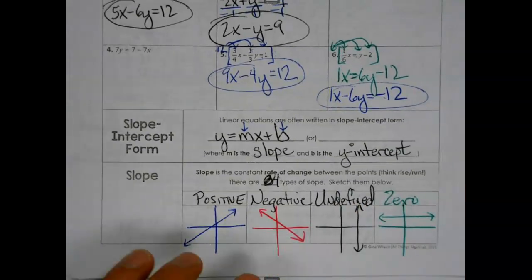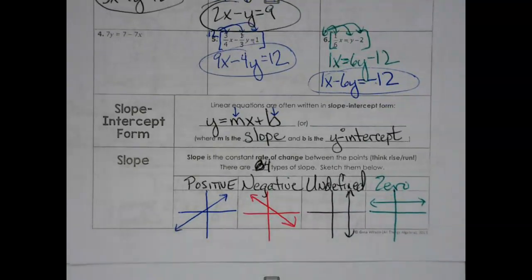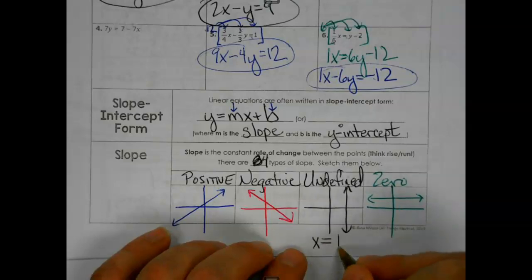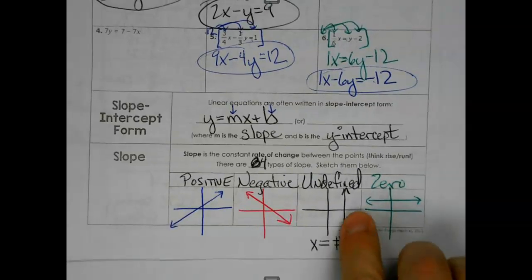So I want to add a small piece in here because we're going to deal with slope itself and its formula as we go too. When you're looking at equations with these, positive and negative will look just like this. There'll be y equals, there'll be some number x, and usually there'll be a y-intercept. With undefined and zero, we don't get that. With undefined and zero, we're just going to get x equals and some number, like if that, let's say, was